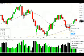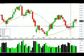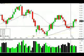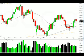And that's positive, if nothing else, for those of you that like to buy. Okay? So now you have a tad bit of support here, and you definitely have a support here. And the 200 period moving average is acting as support. So if it kind of moseys along for the next couple months and then breaks north of here, we could